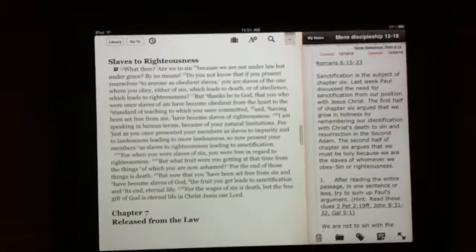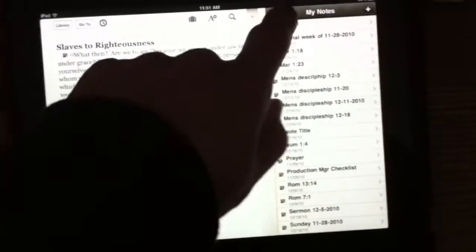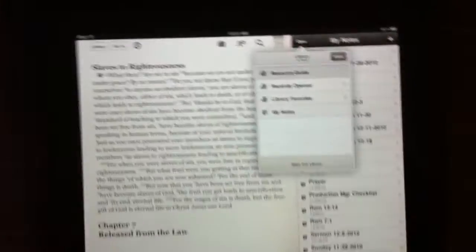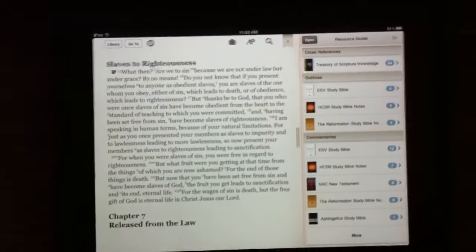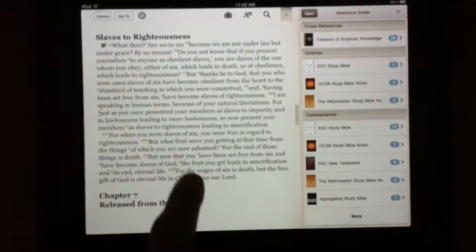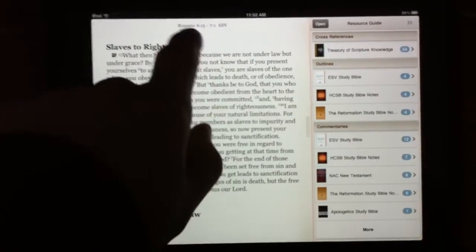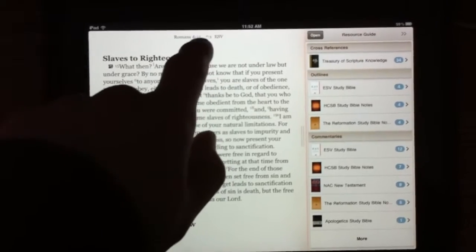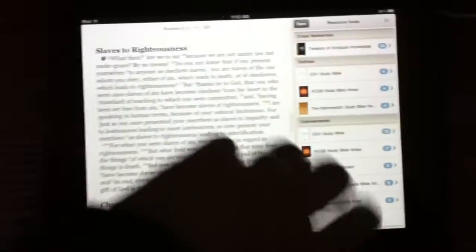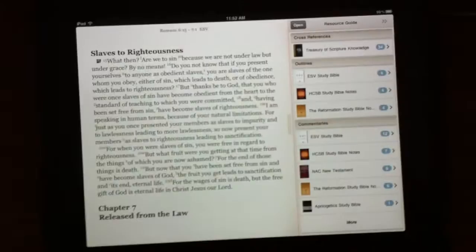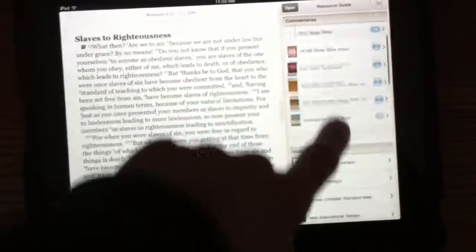Now, to answer a lot of these questions, I've been making a lot of use of the resource guide. So let me take you back and show you the resource guide. And the resource guide finds everything related to the verses we're reading over here. So on the left side, you can see we're doing Romans 6:15 through 7:1. And so over here in the resource guide, it pulls back all of the resources that have hits for that